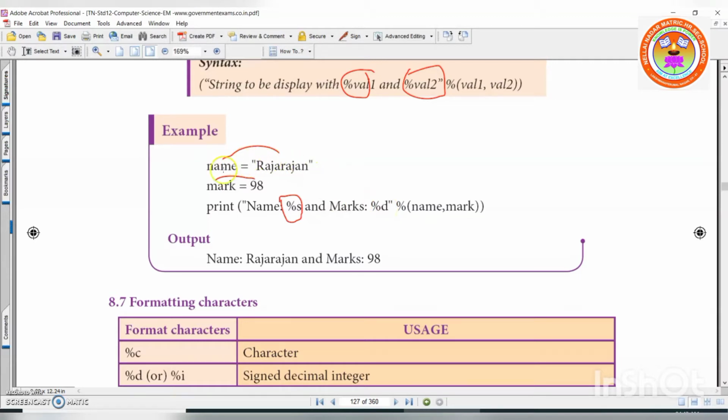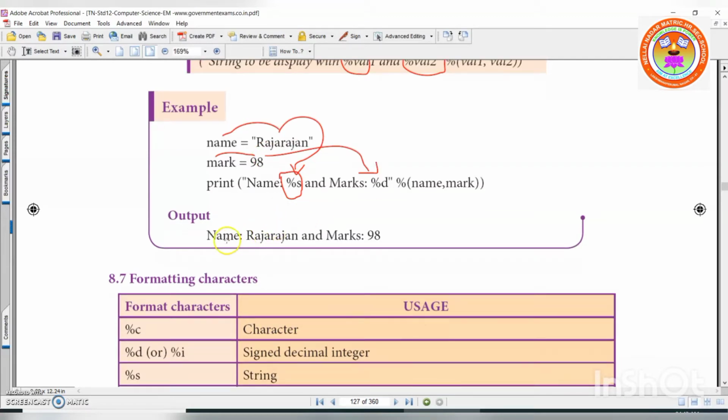Automatically, only one string is there so it will take this, and one integer is there so it will take this. So see here, name Rajarajan, and mark 98. You got the output.